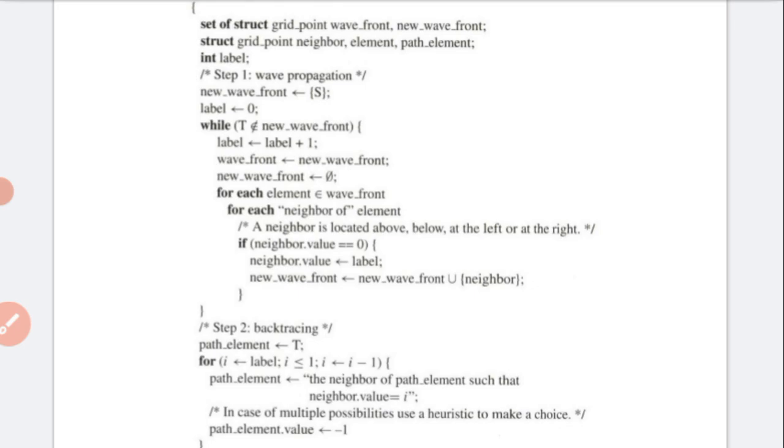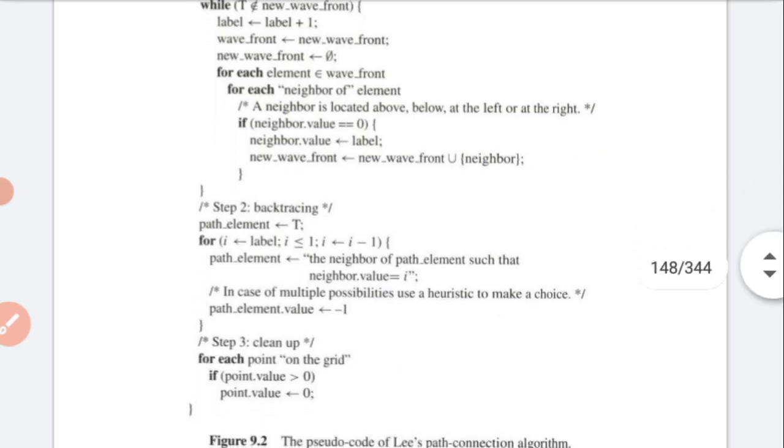Then the next one is the backtracking. After marking the wavefront, we have to backtrack it. That is, from the target point we have to route it backwards towards the source. Then only we get the perfect routing. So in figure C, we are taking the path from the left side of the target, moving towards the S point.